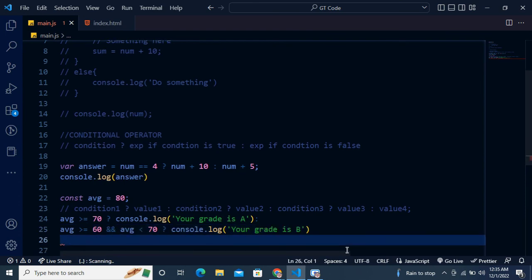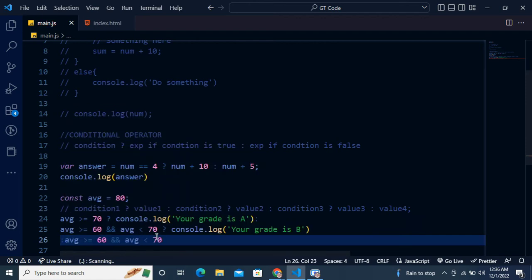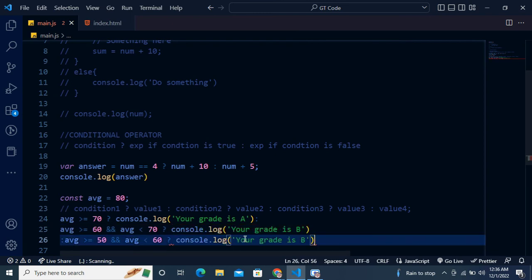Okay, I bring in another condition again. I'll just copy this like so. There's the next condition, which is this third one, and paste it. This case is going to be greater than or equal to 50 and less than 60 rather. So we're going to bring in the expression that is going to work. This time around it is going to be C. I think we'll stop there for now. Then we have